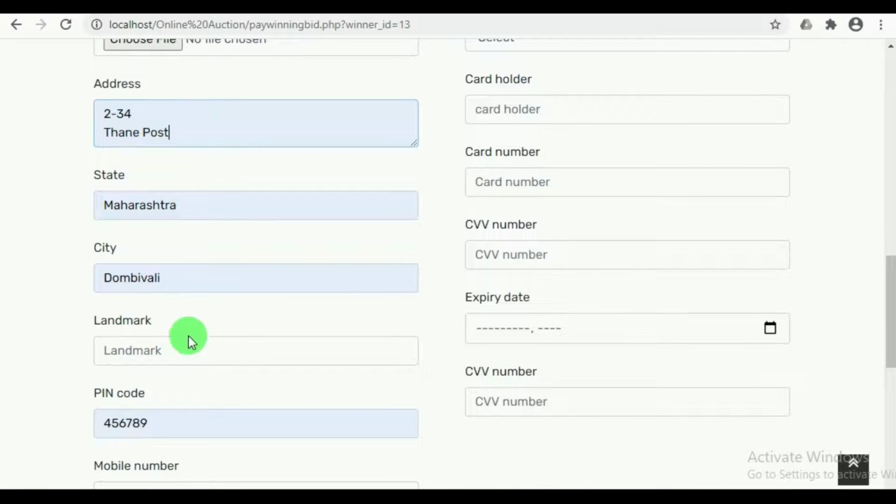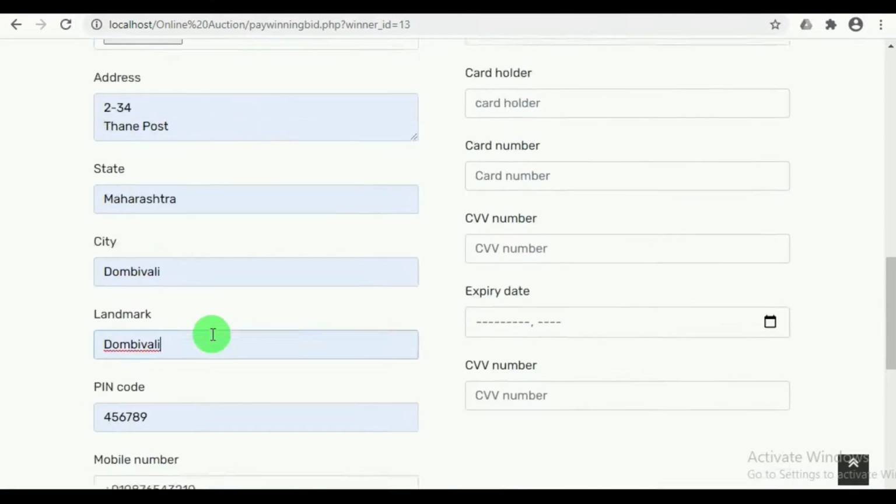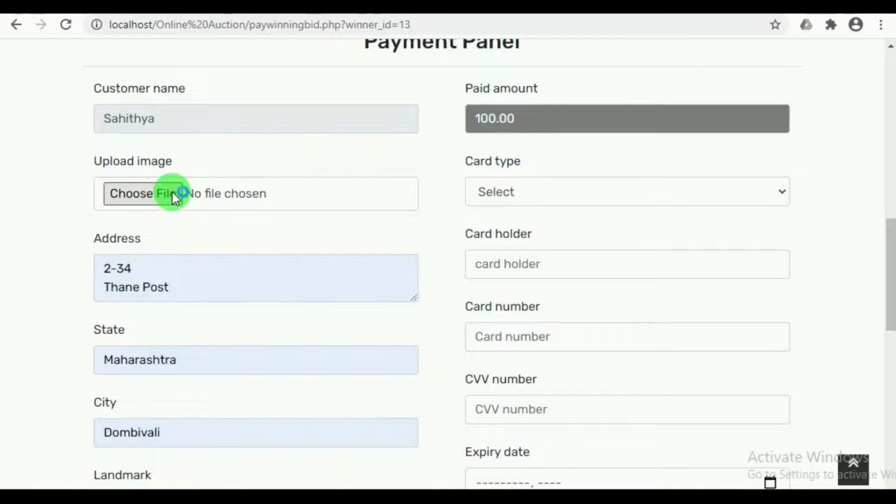Here the customer must mention their address, state, city, landmark, pin code, and the customer must also upload their image.